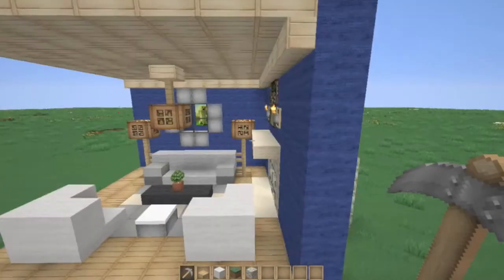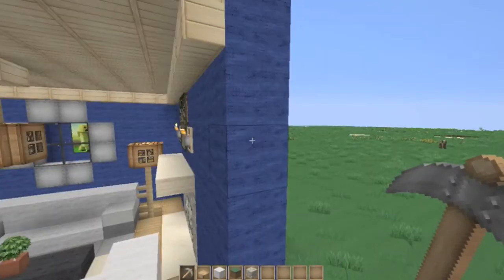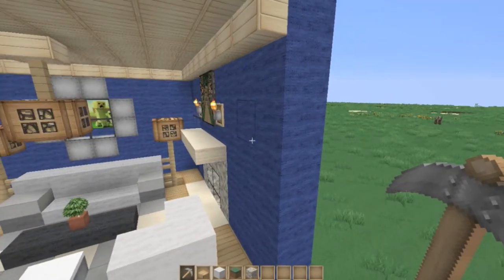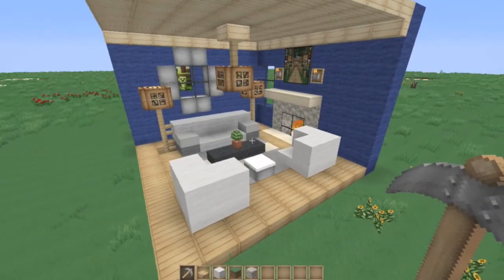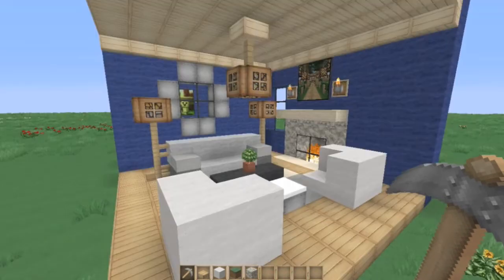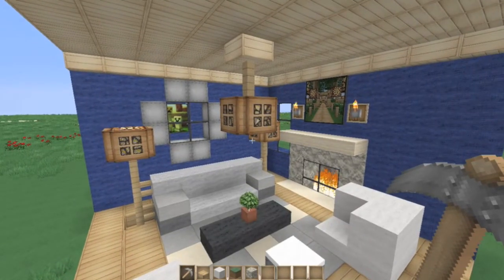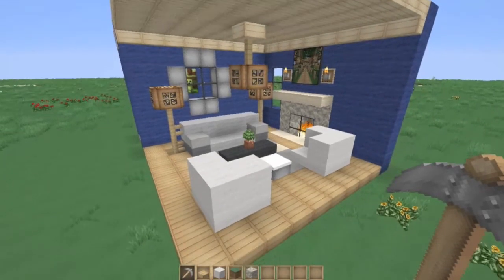And then the same with the walls. That grayish blue is very, very difficult. And making it just gray would have made this entire room really boring. So I went with the actual blue. And yeah, so I think that's all for this